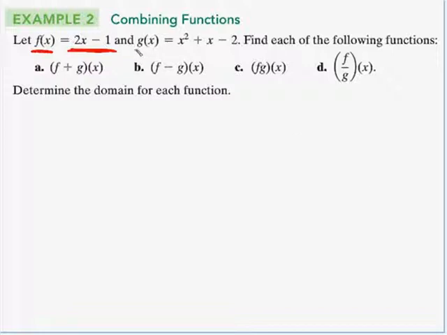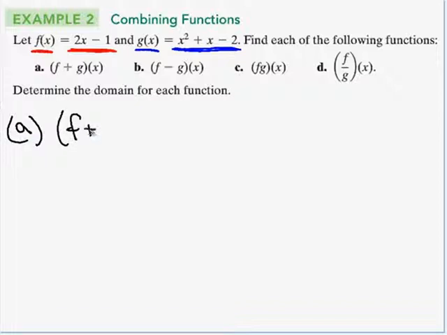Same thing for g of x, x squared plus x minus 2. It's a simple polynomial. There is no division. There are no radicals at all. So this would also be all real numbers. So both of our functions, f and g, both have a domain of all real numbers. So for letter A,